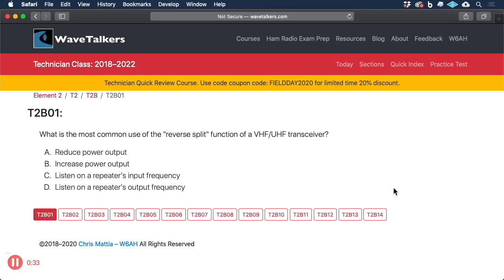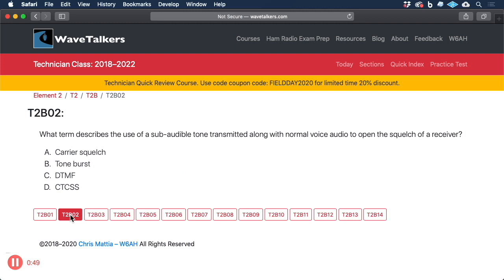This will take you to all of the questions that are contained within that topic. Here you can read the question and click on the correct answer, and if you're not correct, then it'll let you know. You can try a different answer until you find the correct one. Work through each of the questions within the question pool, and then when you're ready, click on the link for